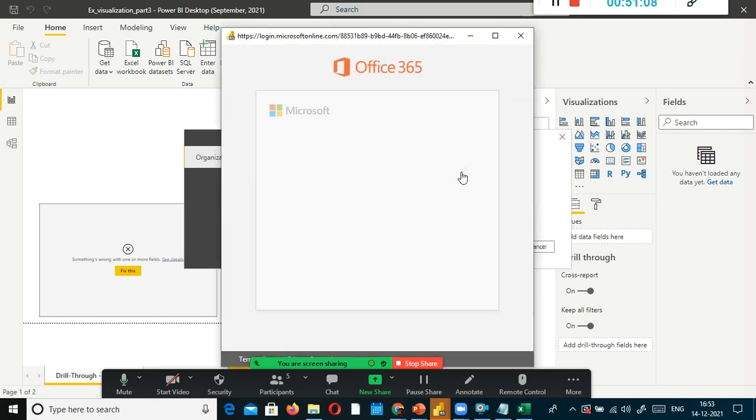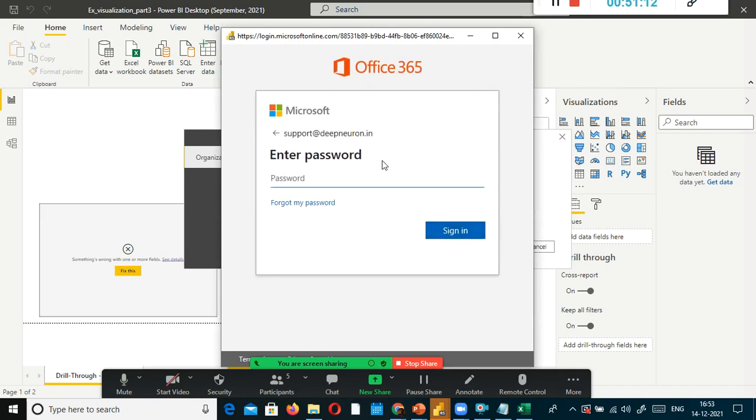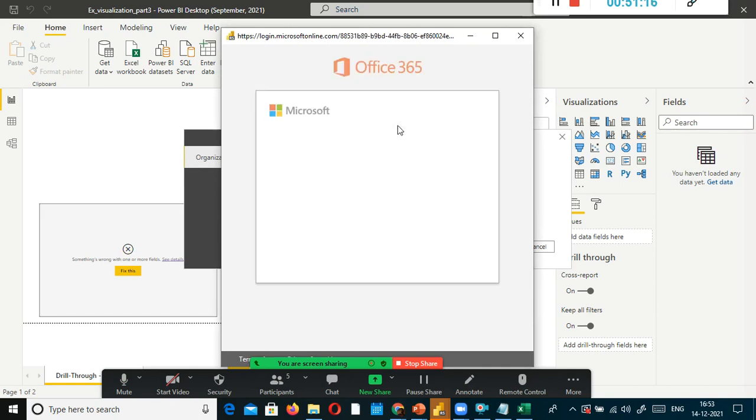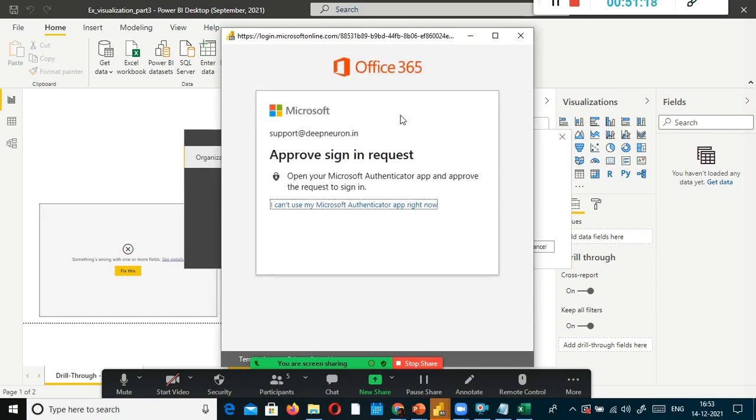I was able to sign in correctly. See, I approve the sign in request. Again, it sends a message to my mobile phone, Microsoft Authenticator. Yeah, approve.